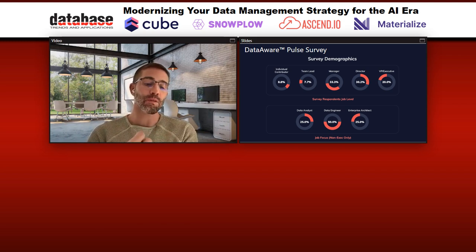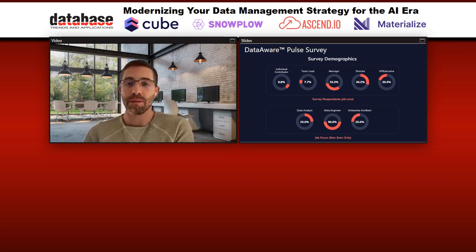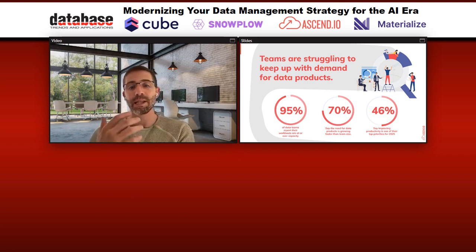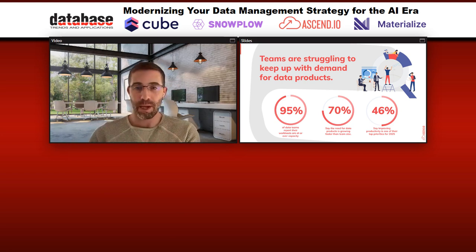And I think this is particularly relevant as we head into this new era, as I do think data teams are the most well-prepared teams to do really innovative things when it comes to AI. But one of the challenges we face is we've consistently found across our survey that the overwhelming majority, 95% of teams, report being at or over capacity. Only 5% have any time to do anything new. And this becomes pretty important, especially against that backdrop of increasing demand on the teams and increasing burden. It really puts an incredibly high premium on how we increase the capacity, the efficiency of